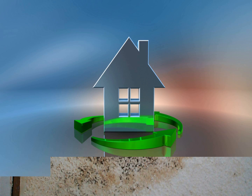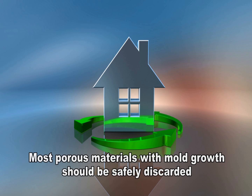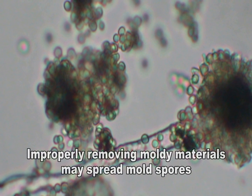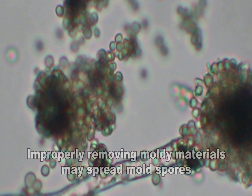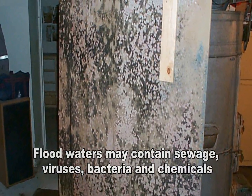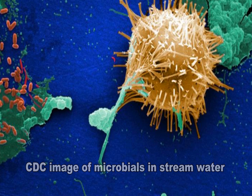Some non-porous materials can be cleaned and salvaged, but most porous materials should be discarded if mold growth is present. Also, be aware that improperly removing moldy materials can cause the mold spores to become aerosolized and spread throughout a property. Flooding also caused by the storm can bring not only rainwater into a property, but also viruses, bacteria, and chemical contaminants. Floodwaters come in contact with anything they touch, so sewage and potential chemical hazards may have infiltrated and